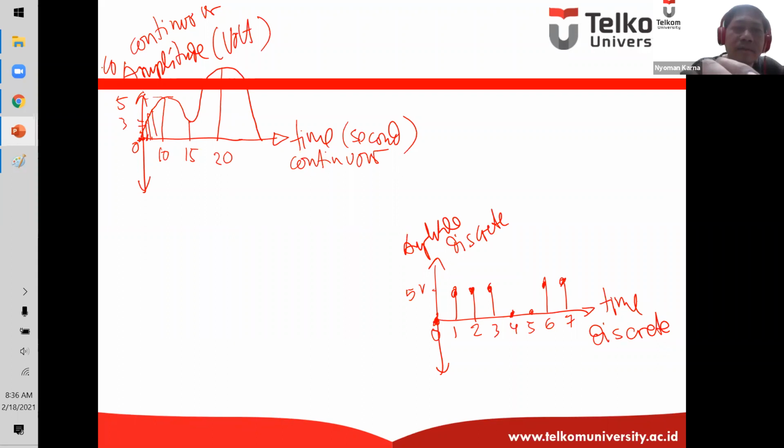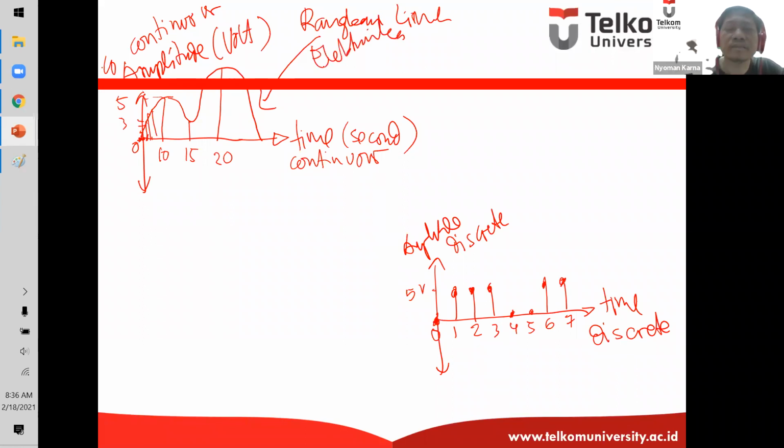Now, you're going to discuss about this kind of signal in rangkaian listrik and also in electronica. And you're going to discuss about this kind of signal in the course called PSWD, pengolahan sinyal waktu digital.